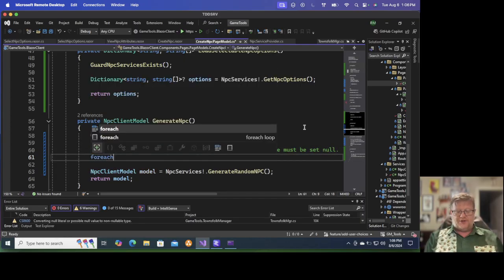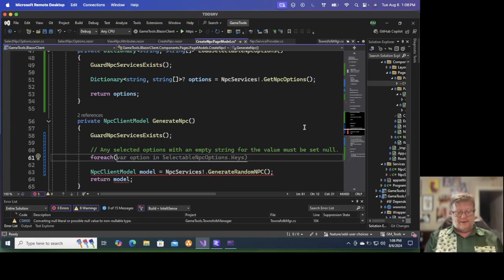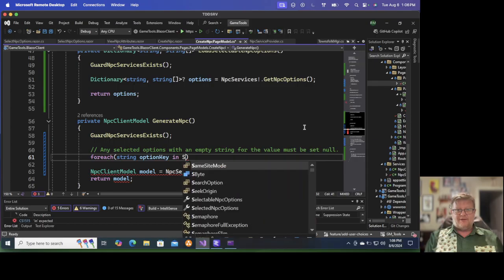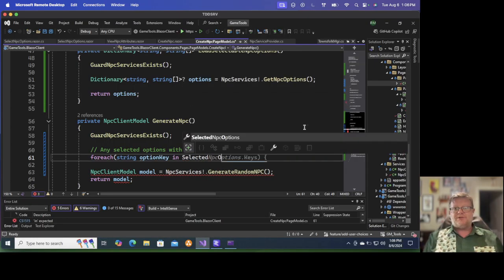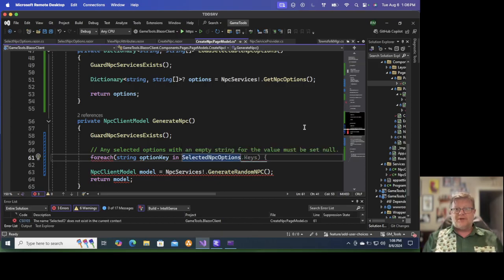So for each string option key in selected options dot keys,